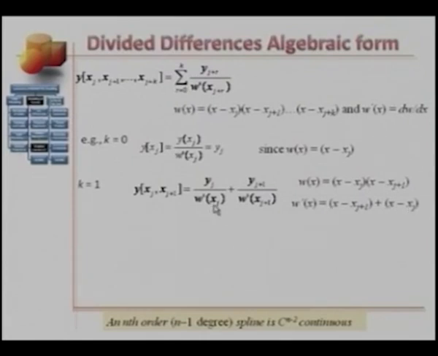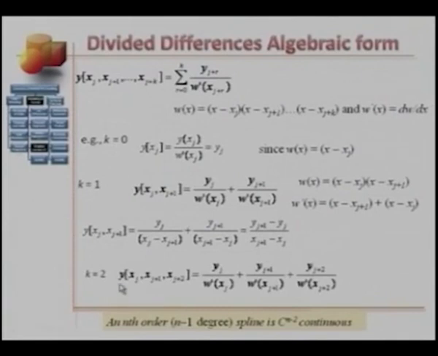If you plug in xj, this expression goes out. So we have xj minus xj plus 1. If you plug in xj plus 1, this expression is 0, and we have xj plus 1 minus xj. So y of xj, xj plus 1 equals yj over xj minus xj plus 1 plus yj plus 1 over xj plus 1 minus xj, which is equal to yj plus 1 minus yj over xj plus 1 minus xj. This is the first divided difference with base xj by definition. For k equals 2,